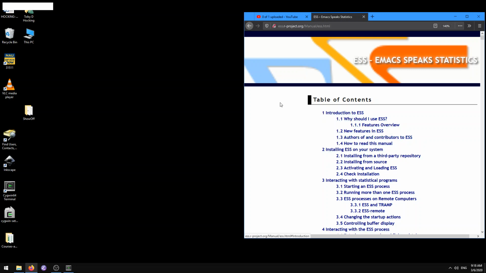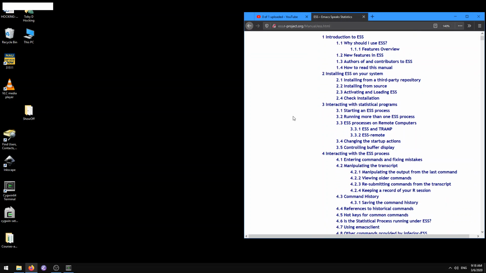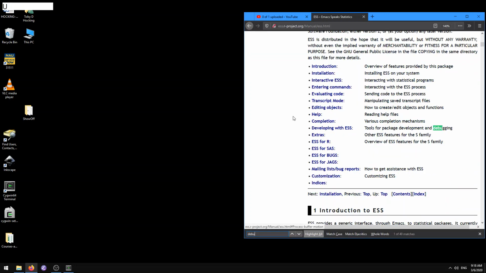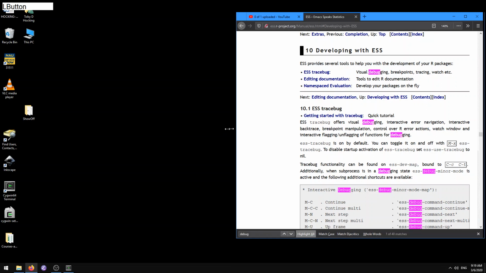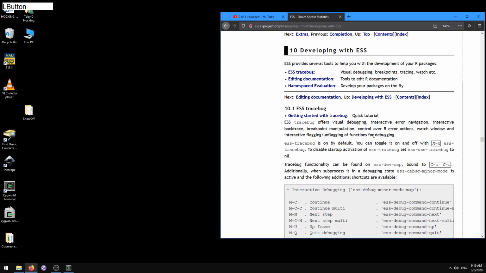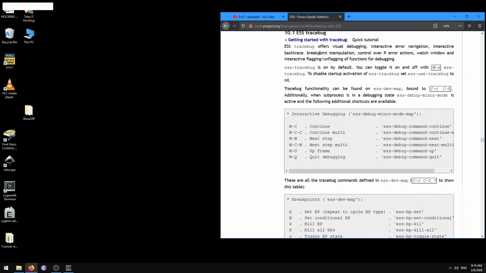HTML documentation, we can search for debugging, tools for package development and debugging, and so there's a list of different features that ESS provides. And so ESS tracebug is pretty cool. It offers visual debugging, interactive error navigation, interactive backtrace, breakpoint manipulation, control over our actions, watch window, and interactive flagging, unflagging of functions for debugging. So it's on by default, and